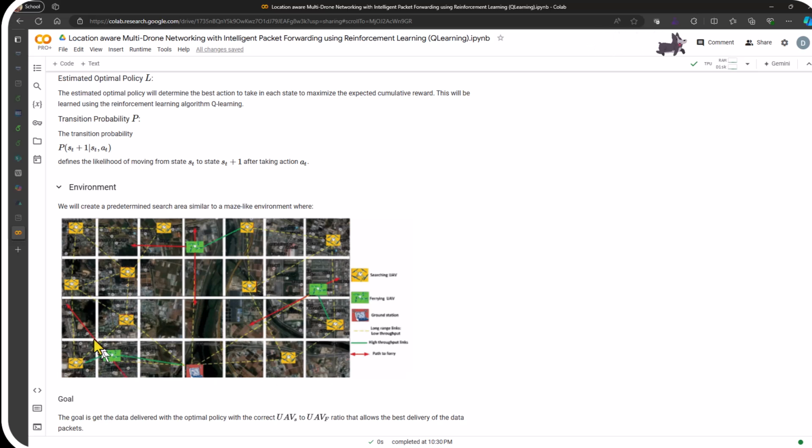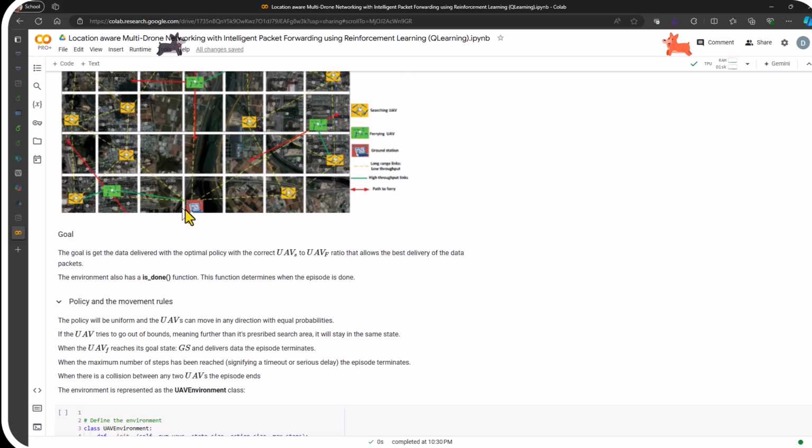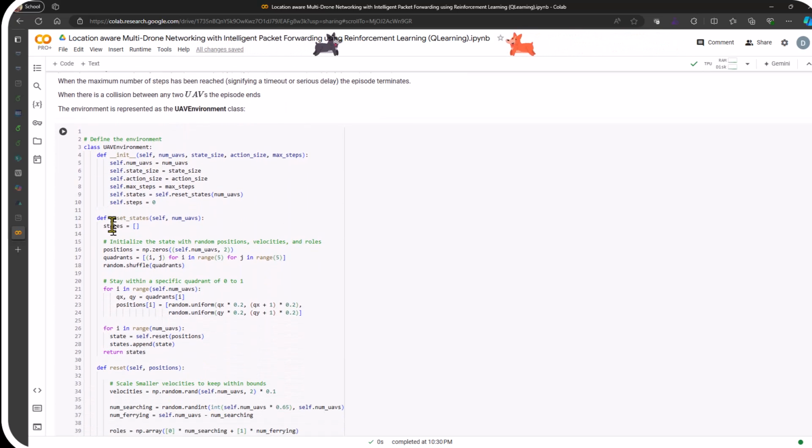Okay. So this is based off of the ladder document. The ladder document gave us this map here that just kind of showed how they could use these different drones to help with the network. But these drones were basically designed. They weren't using any learning-based approach to determine the searching drone versus the ferry drone. Our document is all about how do you use Q-learning to turn these yellows into greens randomly at runtime, while still connecting to the ground station down here.